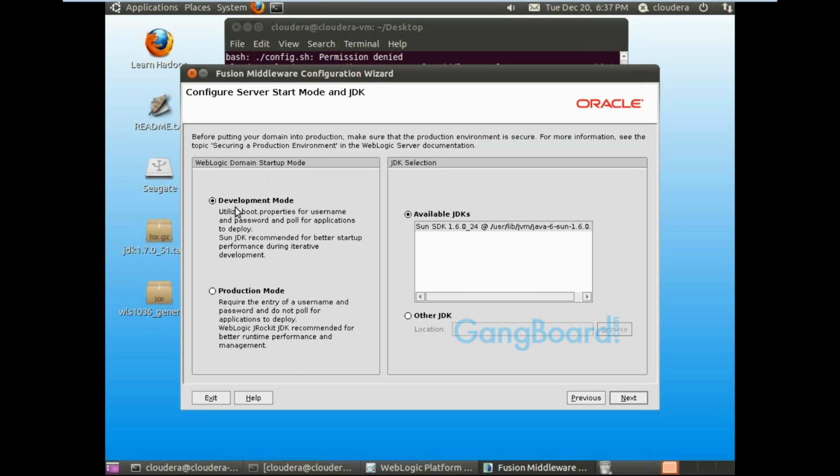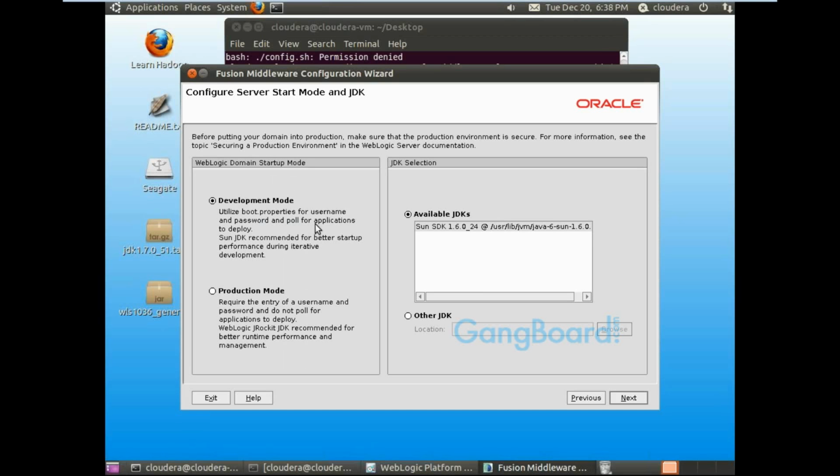Yeah, this is the important step. Every time they ask you in interviews in which mode you will install WebLogic, development mode or production mode. What is the difference between development mode and production mode? Development mode is only used by developers. In development mode, whatever deployment has been done by the developer, it will automatically be fetched at the time of restarting the admin server.